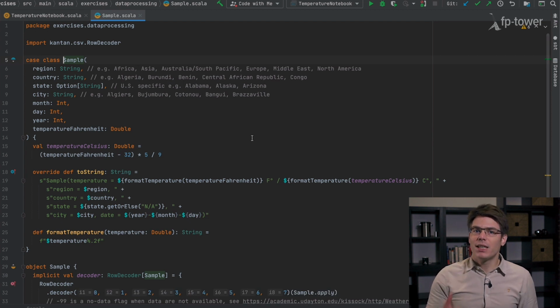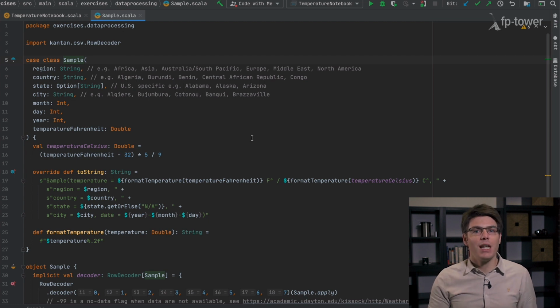Sample is a case class with 7 fields, each matching a column in the CSV. Region, such as Africa, Europe, or North America. Country, such as Algeria, Burundi, or Congo. State, which is a field specific to the US.